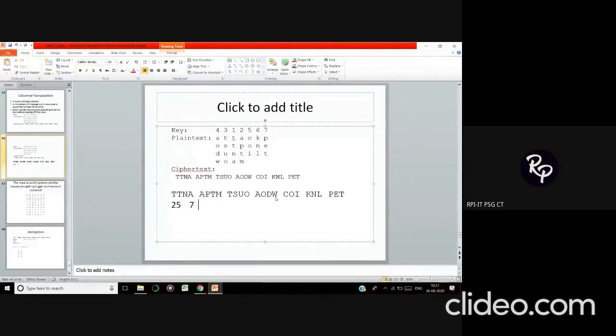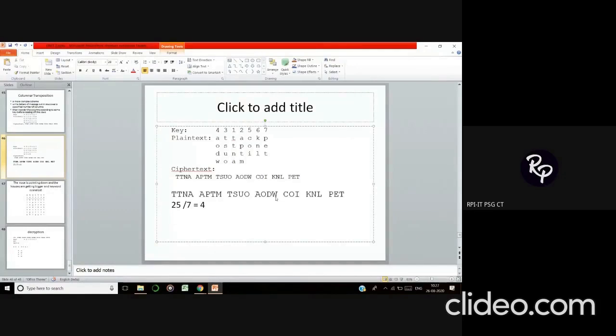If it is equally divisible, then we have no issues. Now in our case, it is not equally divisible. I'm having a fractional part. So again, the same procedure you need to follow. Calculate 25 by 7, and calculate the upper bound of 25 by 7. Instead of calculating the lower bound, or keeping it as a fraction, I'm just going to calculate the upper bound of this. So the upper bound of 25 divided by 7 is equal to 4.